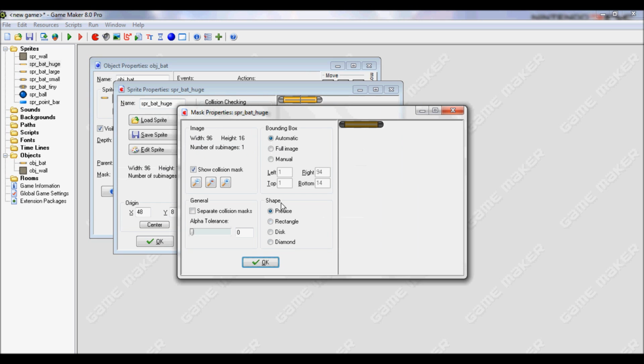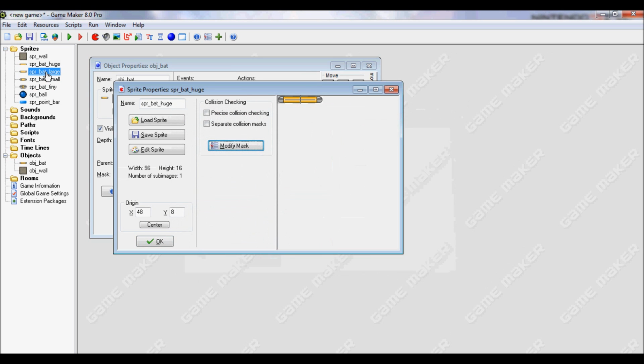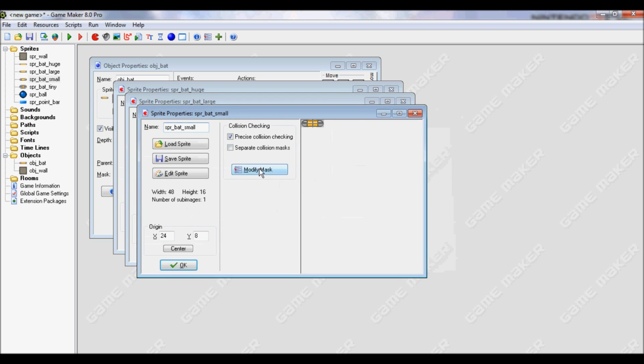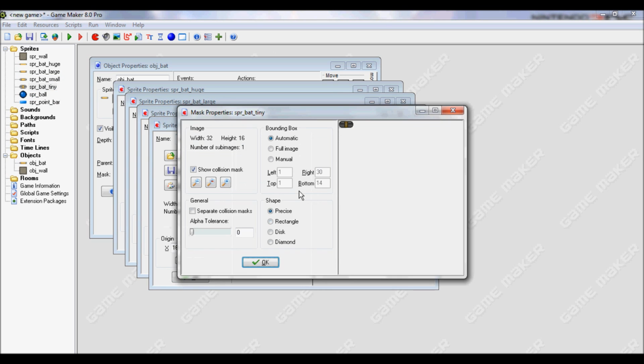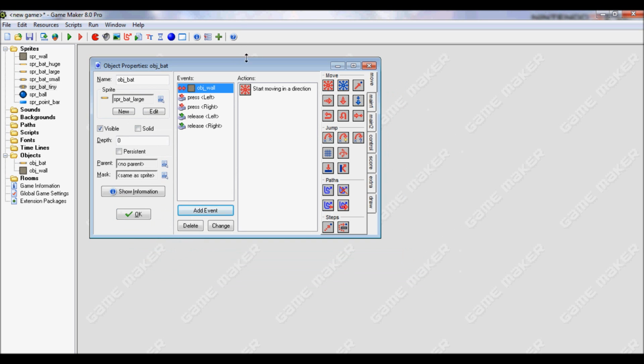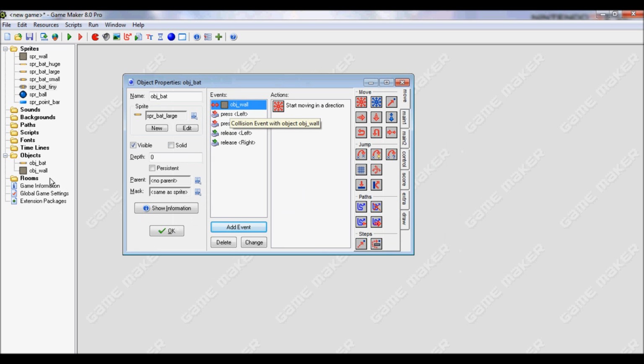And what I forgot to do is change the mask. We want a rectangular mask for everything, so then it's more precise with the collisions. And the 4 different types of bats will come into play later for difficulty. Now after making that, we will create